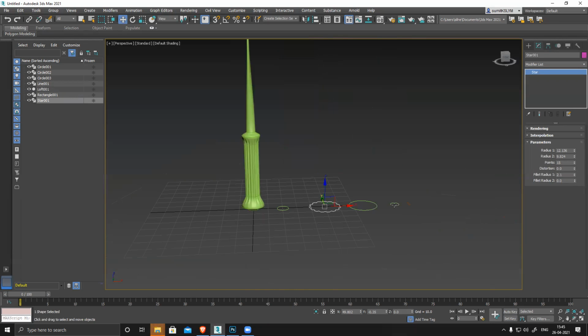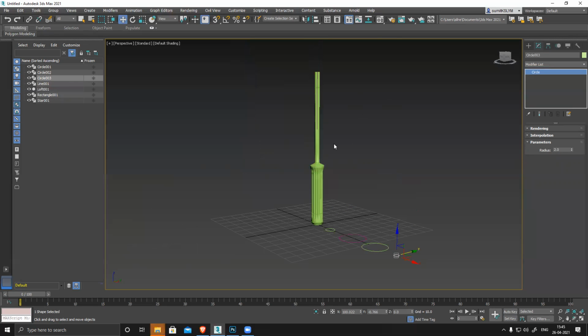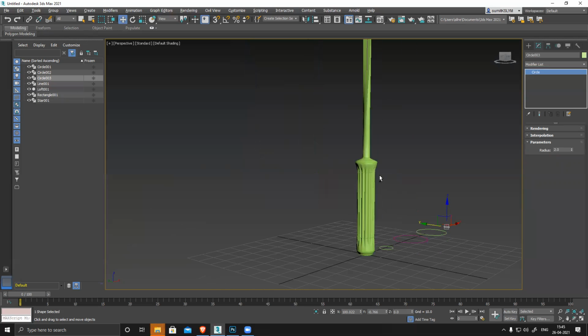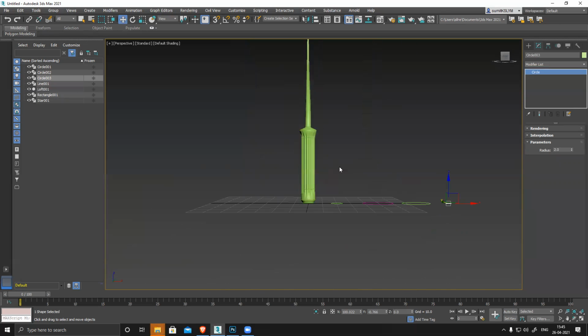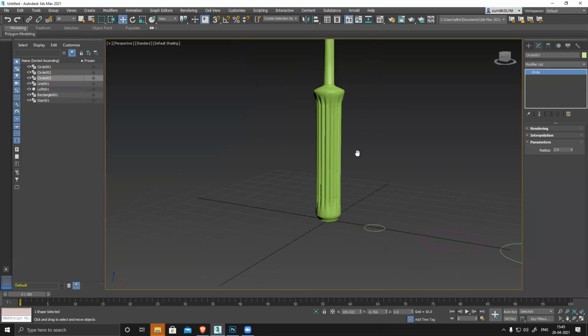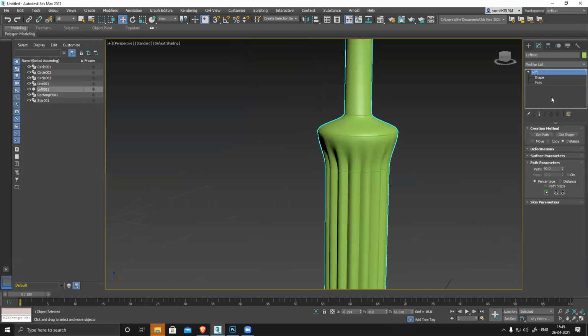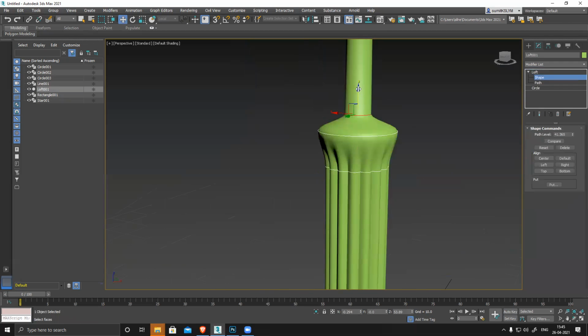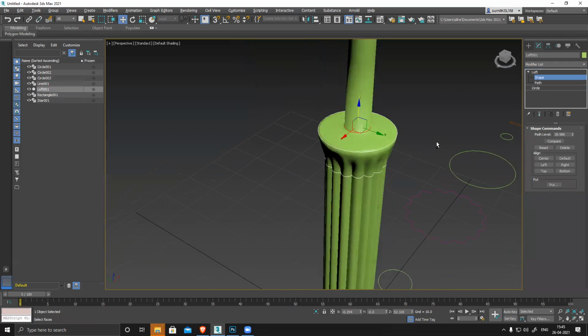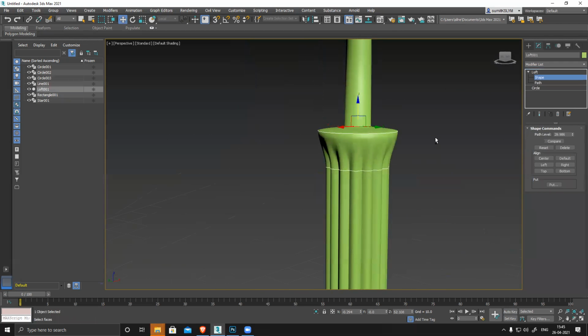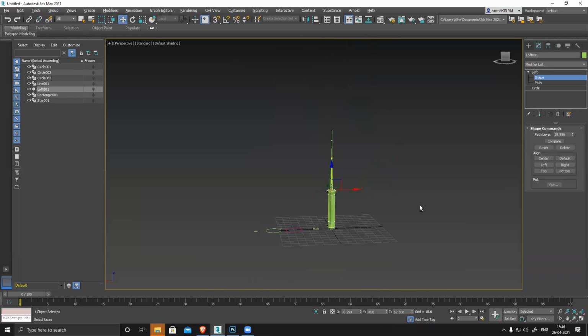then I have this shape. If I feel this is too big, make it thin. See, and this looks much better now. It looks like a screwdriver now, basically. So all these things can be done, super simple, super easy. To create this kind of structure and shape in Max is very easy, because doing the same thing in some other software will become a little bit difficult. Like this, I can create a screwdriver.